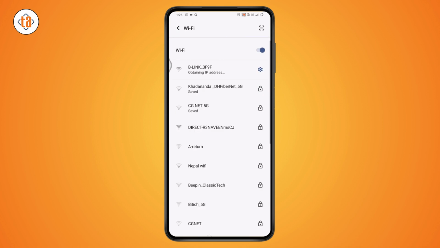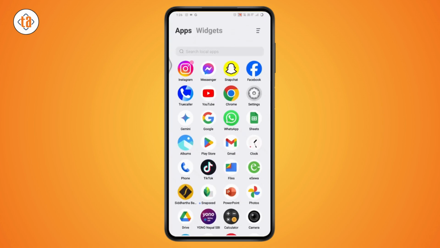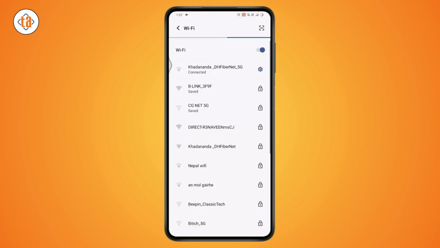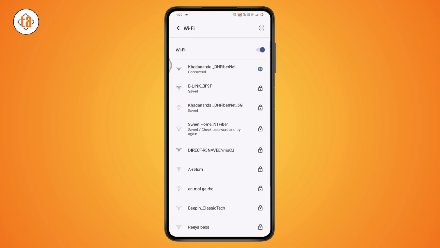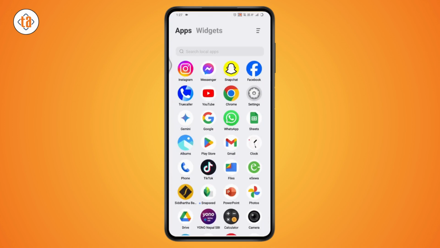And once you tap on forget, now you need to go back and then you need to simply press and hold on to that power button and restart your device. Once you've restarted, you need to again go with your Wi-Fi and choose the Wi-Fi network which you have just forgotten, and you need to simply enter the password again and tap on connect, and then you need to connect the Wi-Fi again. Now this will fix your problem, but if that still doesn't fix your problem, then the second